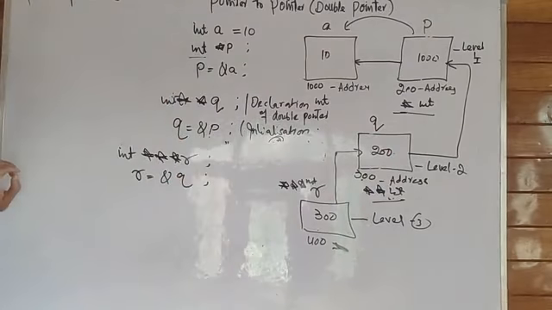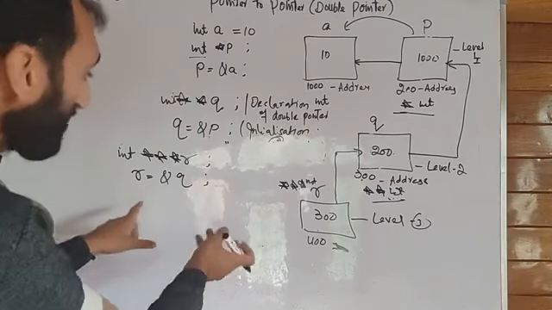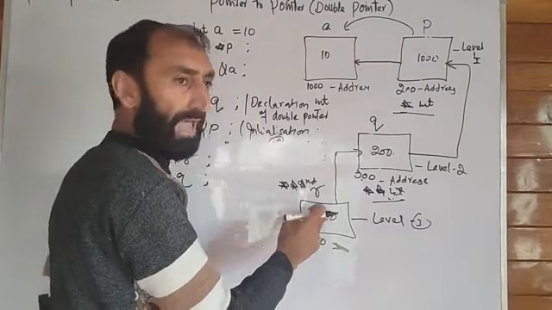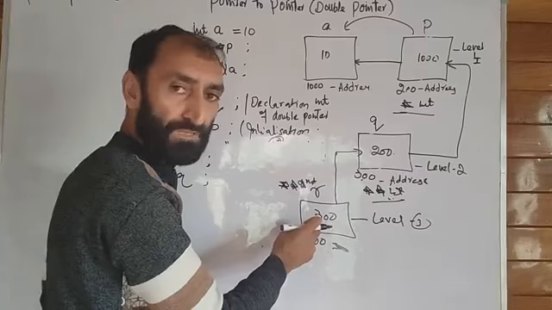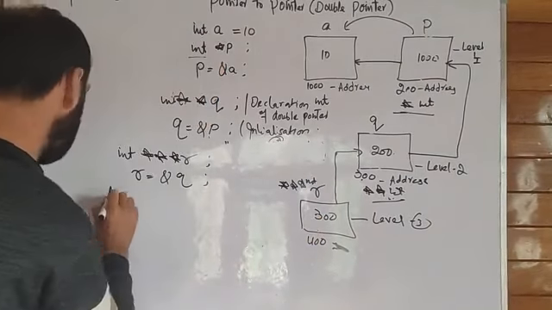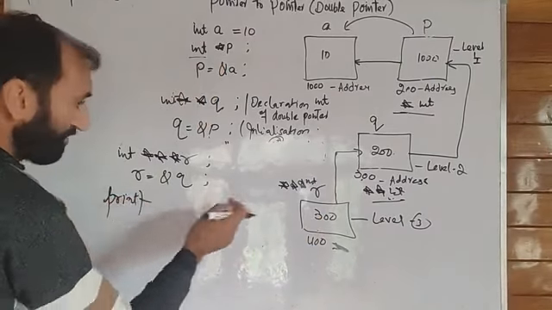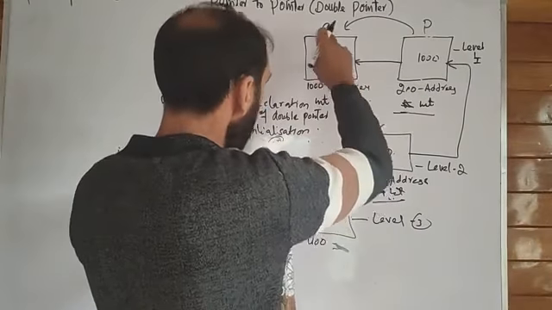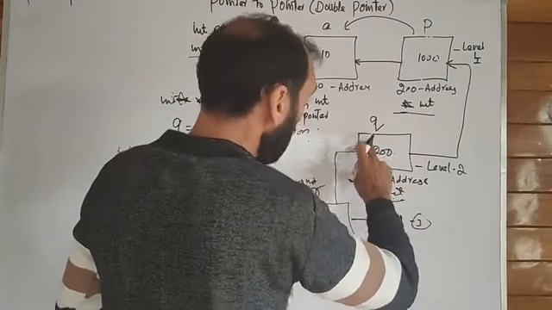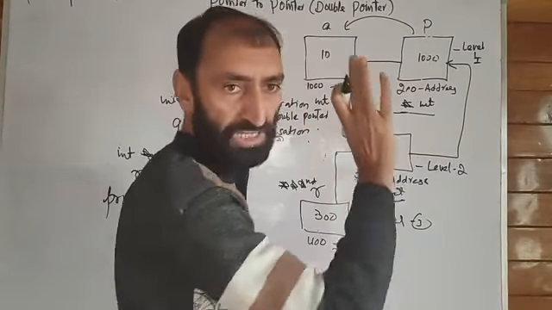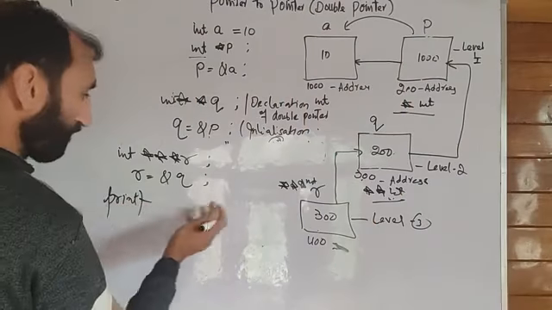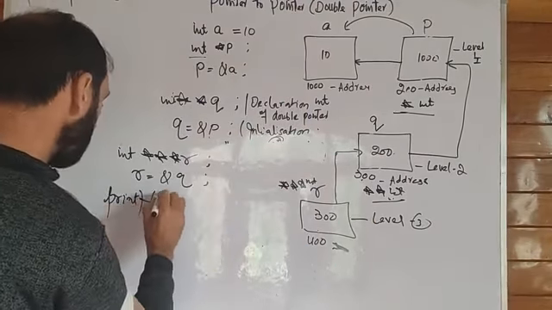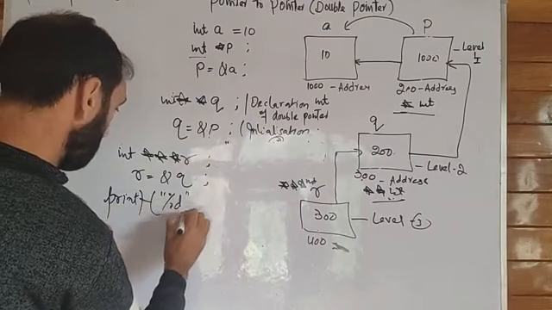address of q. I can also access the value of a through this r. Now I am going to display, I am going to access the value of a through r, print percent d